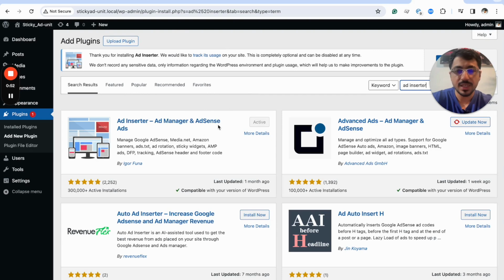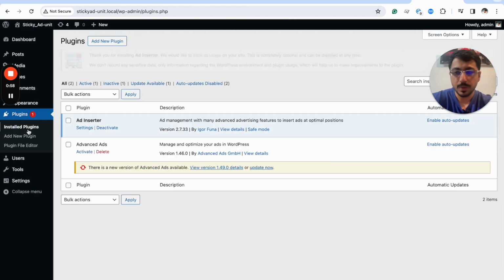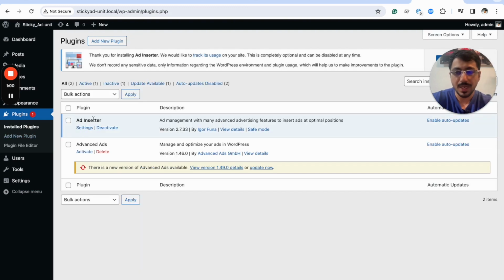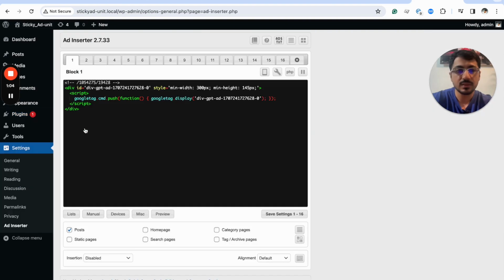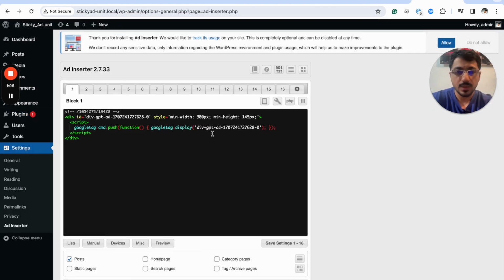As it's already installed for my particular instance, I'm not installing it again. Now again, going to installed plugins, I'll simply navigate towards the settings. Here there is some code already, so I'm just deleting this code, clicking on save,